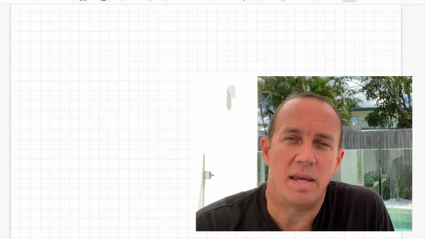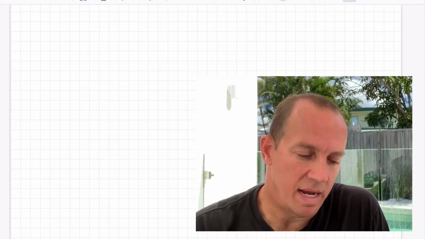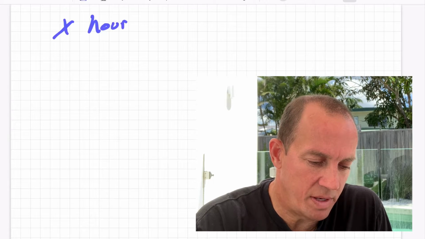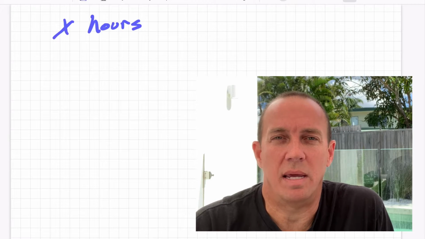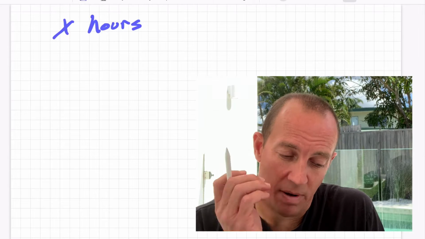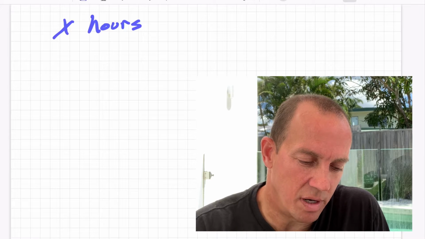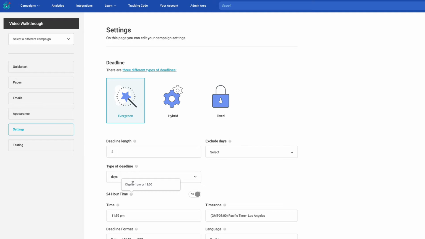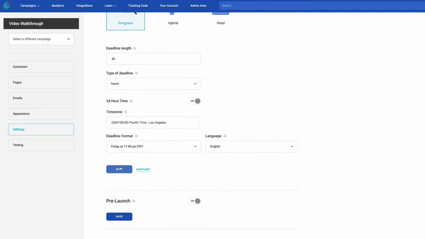The first thing that you need to know is that rather than making it X number of days, you're going to set this up as X number of hours. Okay? So for example, if you wanted it to be roughly two days into the future, you would make that, of course, a 48-hour deadline. Now, hey, I wanted to quickly just show you in the admin how and where you would do this. So under settings for an existing campaign that you've set up, you would go and change the deadline length, in this case from 2 days to 48 hours, and then you would click save.